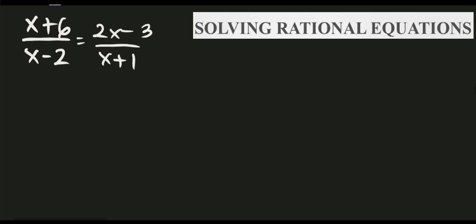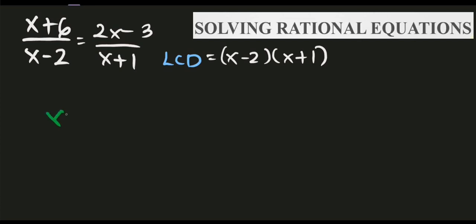Okay, so again, same procedure, dear students, since we have this set of denominators. So let's use our LCD. Let's use both of those denominators, the product of those denominators. So we have x minus 2 times x plus 1 as our LCD. Alright, so let's multiply. Again, it will give us x minus 2 times x plus 1 times, we have this